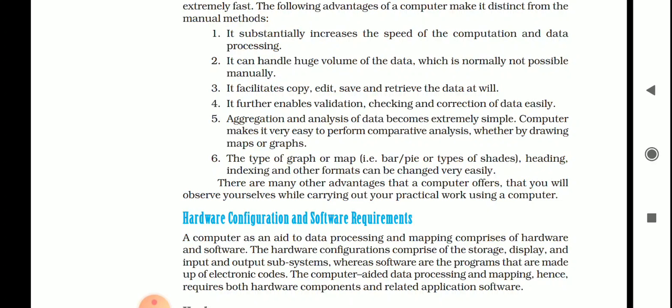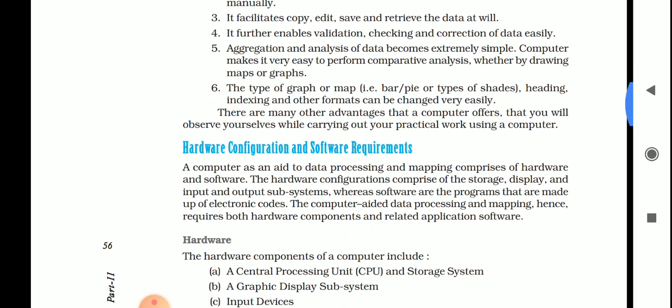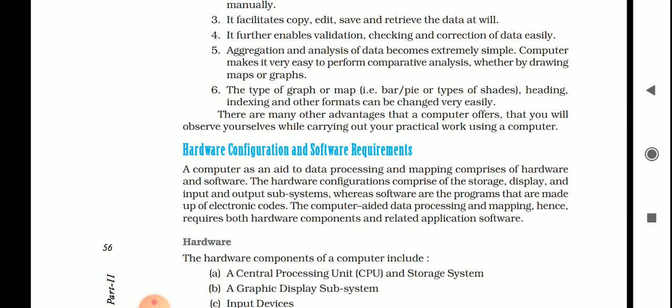Suppose you have made any mistakes in shade or any color or any bar and pie, you can easily make the correction. There are many other advantages that computer offers, but you will observe them yourselves while carrying out your practical work using a computer.